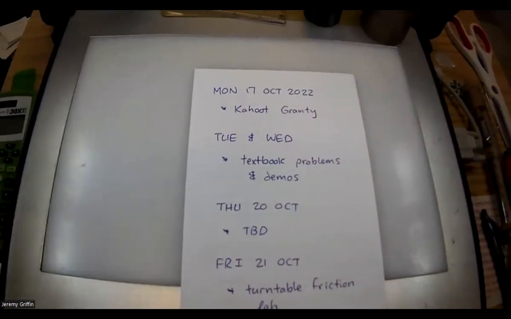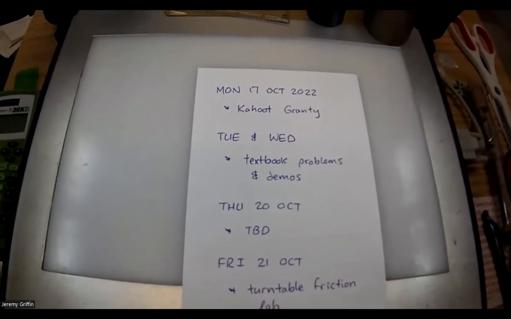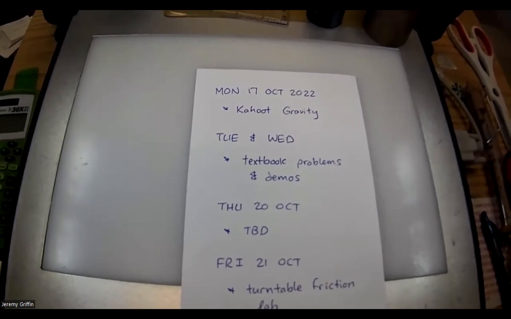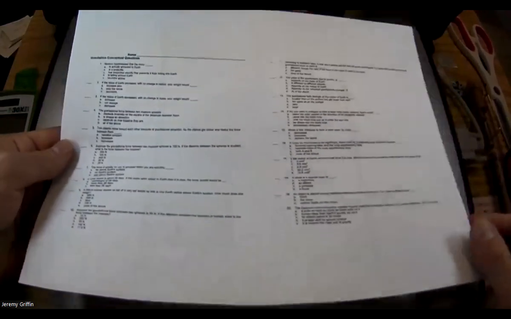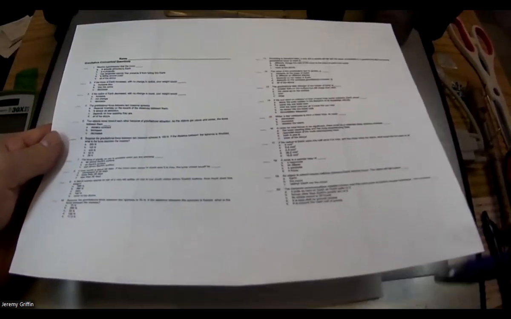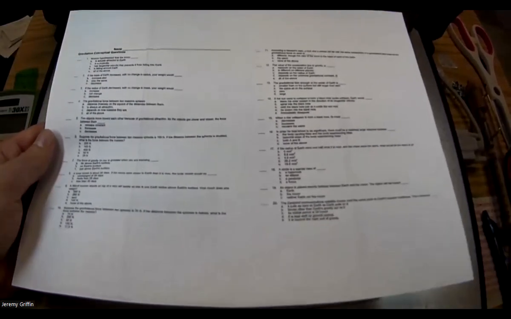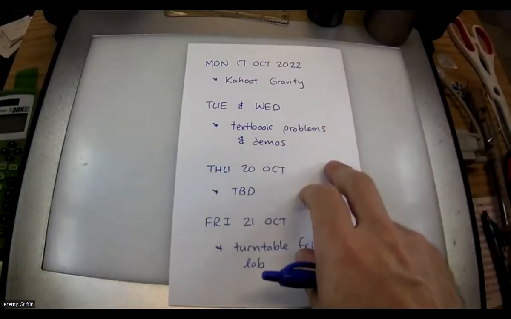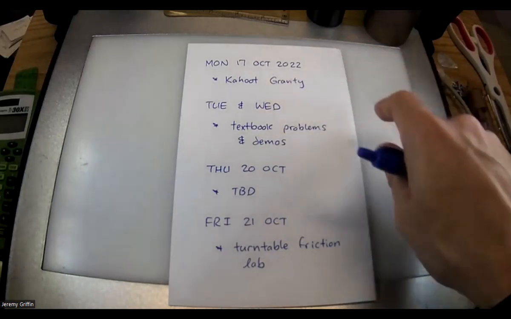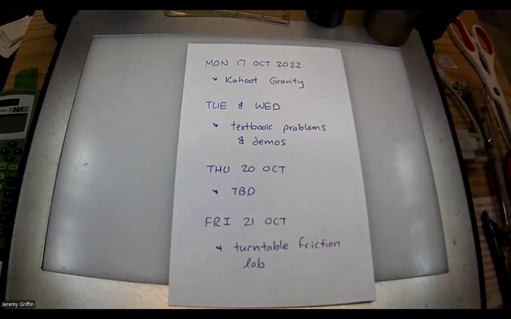Okay. So the main thing we're focusing on today is this page I gave you a while back. It's got conceptual questions related to universal gravitation. A lot of these questions are going to show up on your next quiz, so we'll cover these in a Kahoot today. You guys got your phones out, turned on, connected to the internet? Before we hit the Kahoot, though, I've got a few other demos lined up for you first. So let me switch my screen and let's go on an adventure through space.